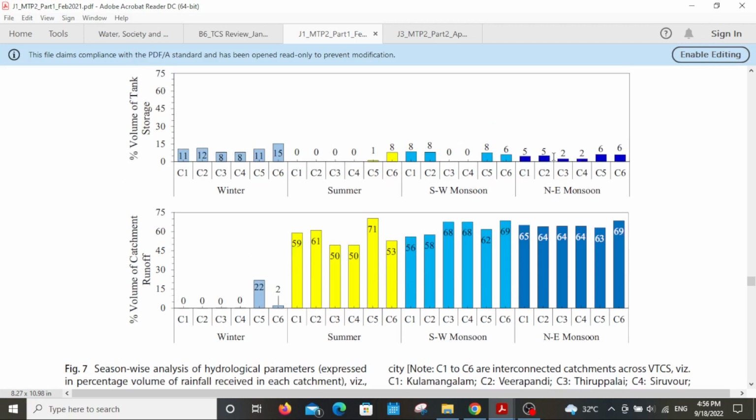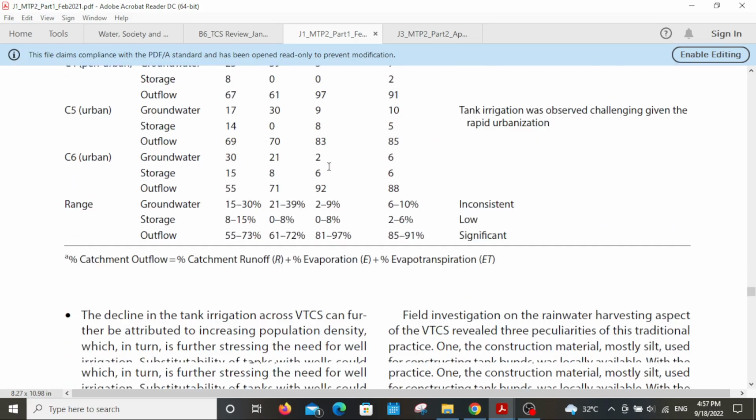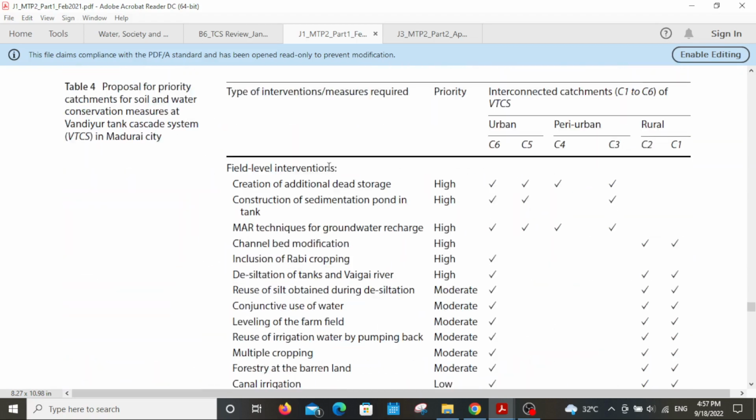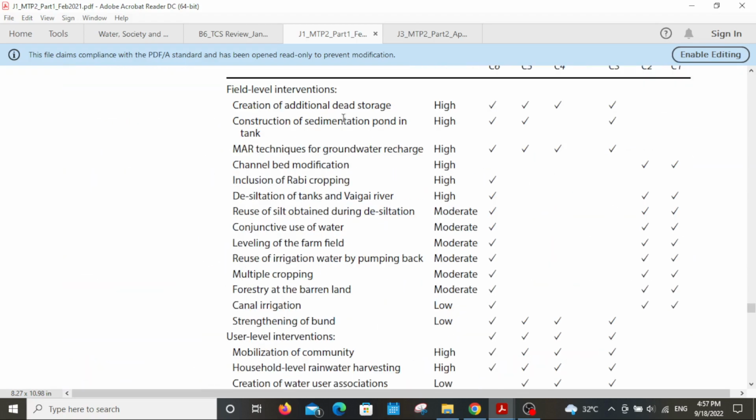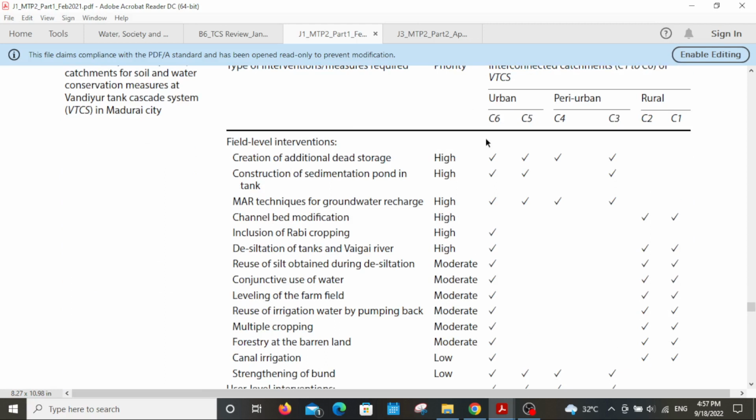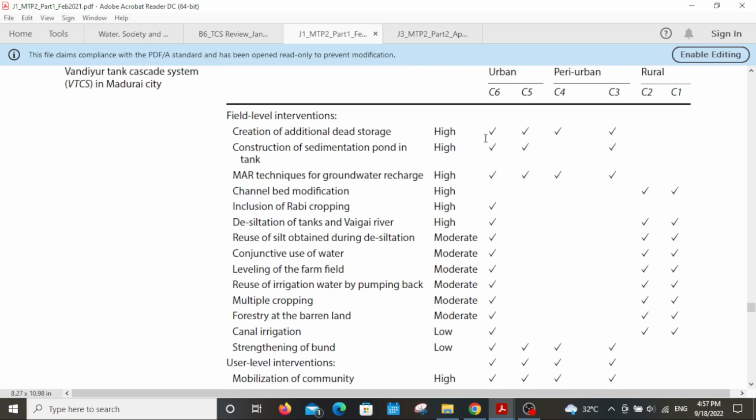So we can arrive here at a primary conclusion that since the surface runoff is very high in the study region, that may be one of the primary causes behind water shortage. And based on this discussion, we arrived at some of the field level interventions to be included in each of the study regions. So, for example, if we look into some of the interventions at rural scale, we see here